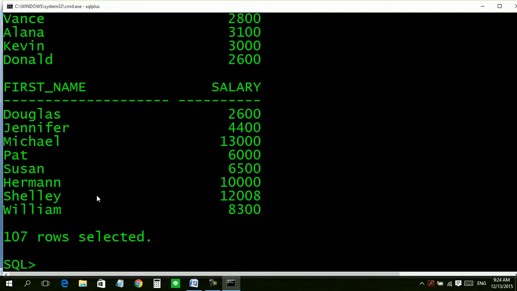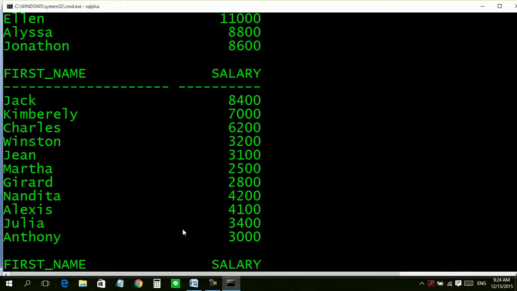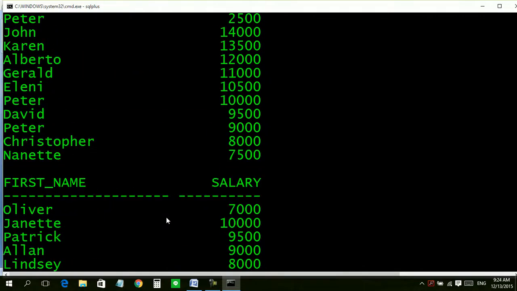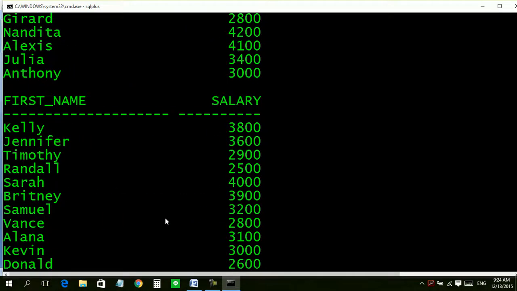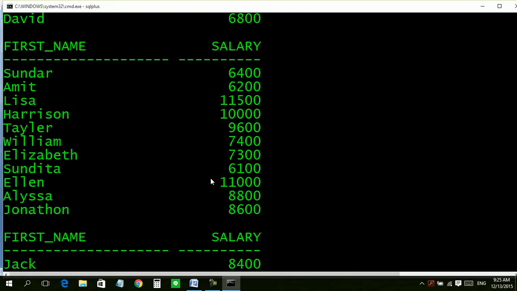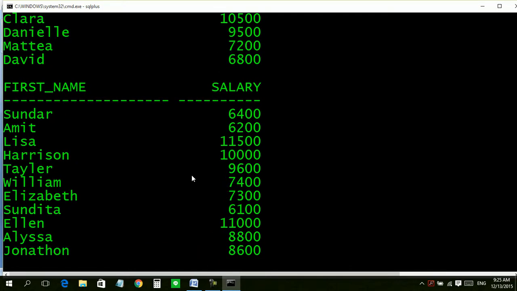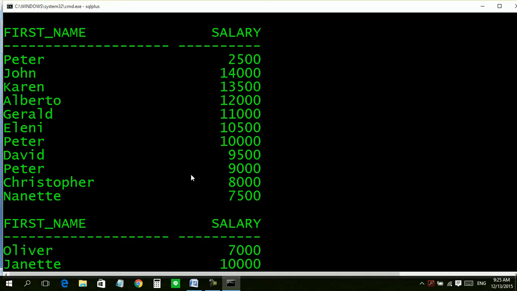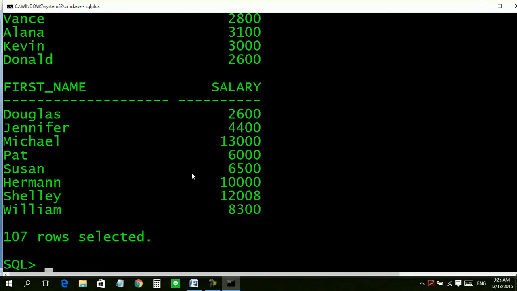Now look, it has returned 107 rows with salaries and first names of the employees. Okay, here comes the use of the BETWEEN operator. Let us find out the names of employees whose salary is between 10,000 and 15,000.